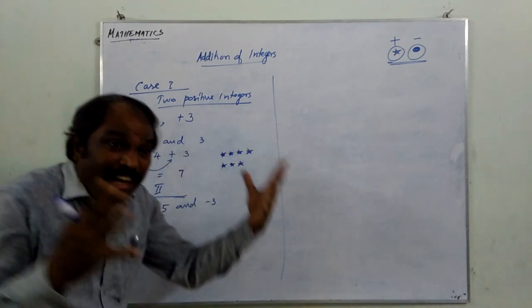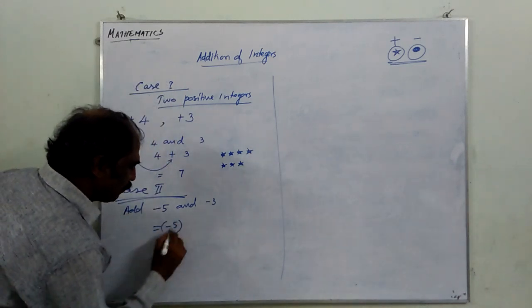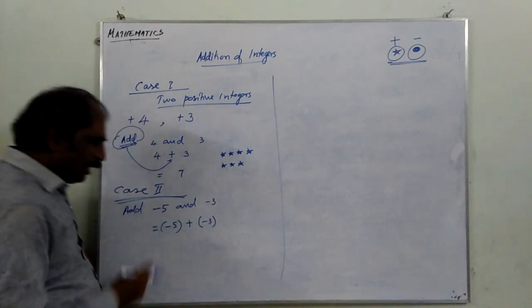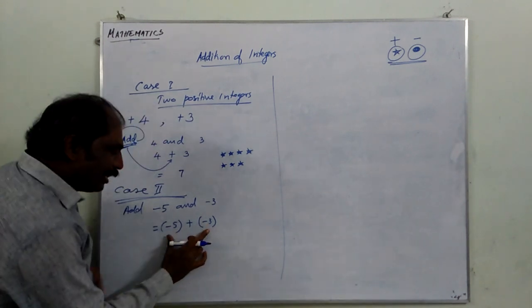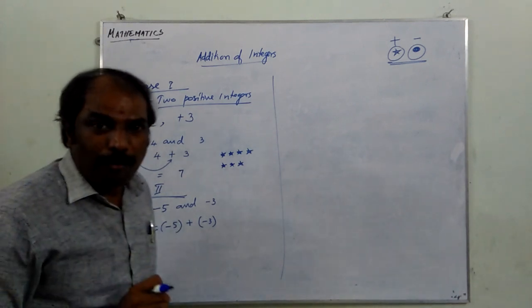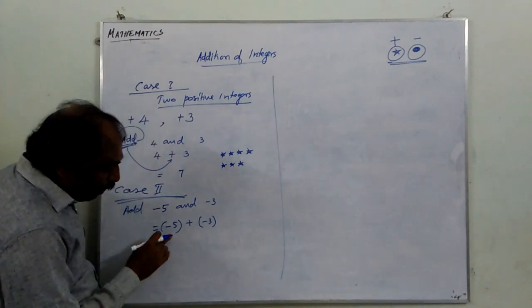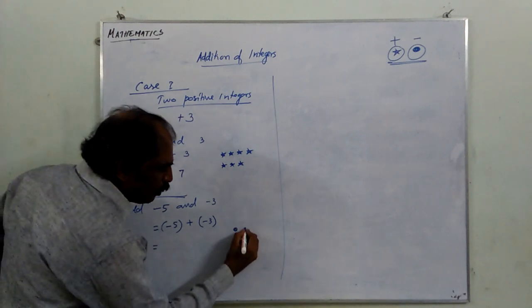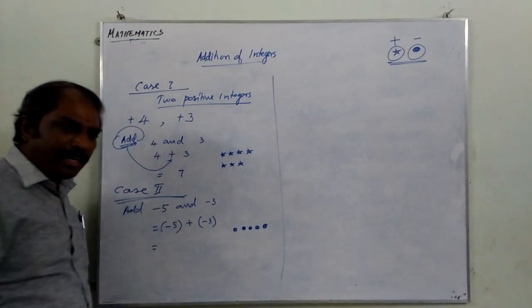Now let's see what will happen if they are added together. We will write that minus 5 is to be added with minus 3. This negative integer minus 5 and negative integer minus 3 are both to be added, with the addition operator. Now for negative we are representing with dots. First, how many dots? 1, 2, 3, 4, 5. How many dots are there?